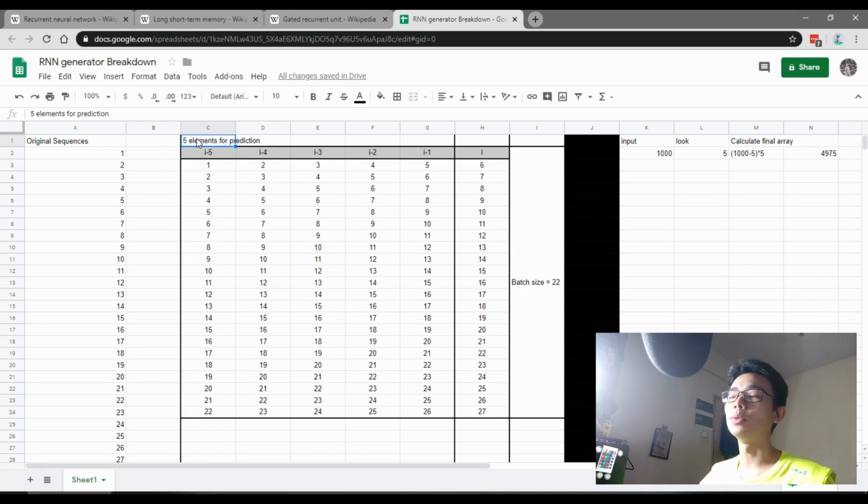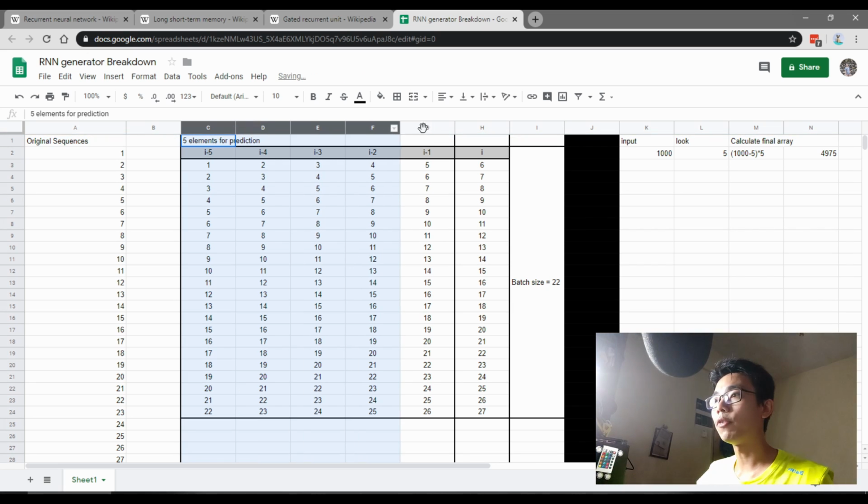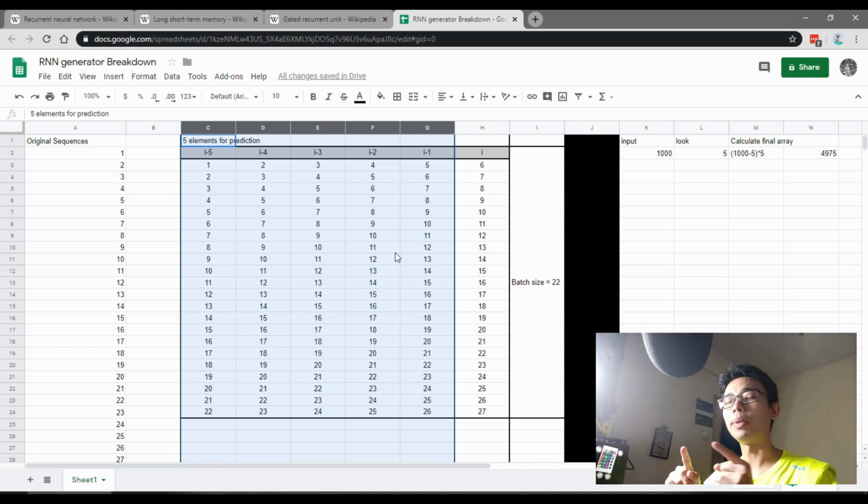So instead of using 240, which is too long for my Google Sheet, let's just do our loopback, which is our element for prediction, as 5. So let's simplify it down a little bit. If you only have 5 elements and you want to predict the next one, this is roughly how your